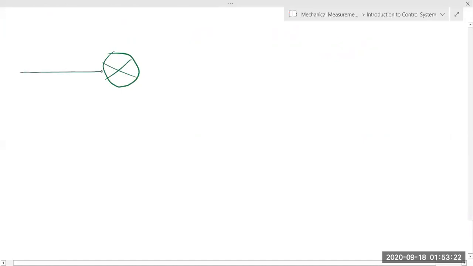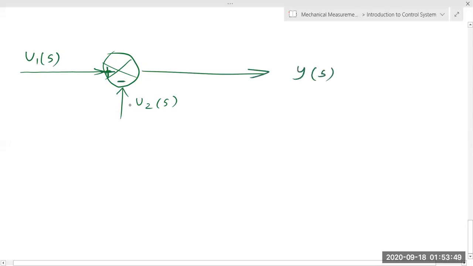Suppose there is a signal. There is an input signal u1 of s. This is input signal 1. And there is one more input signal u2 of s. This signal is in a plus, and suppose this signal wants to get separated. Like we want to separate these two signals, like this is plus and this is minus. So we will get another signal, which will be an output signal out of this. This is also input. As we can see, u is representing input, and u1 of s and u2 of s therefore represent input. This is with a plus sign, this is with a minus sign. So this will indicate u1 will be plus minus of u2 of s.